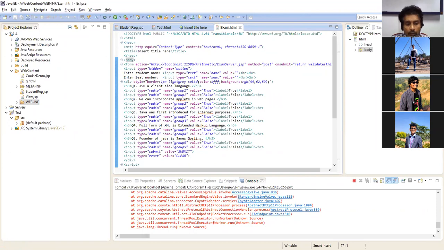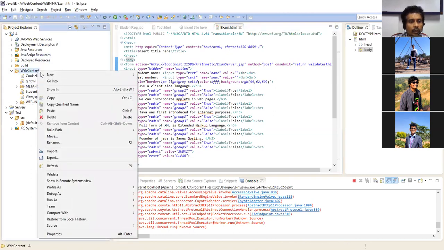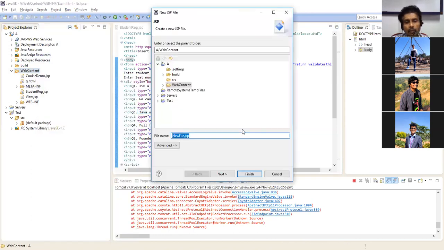The next one we need to create is the server-side file, which is a JSP file. So here again, you go to web content and create a JSP file, exams.jsp.